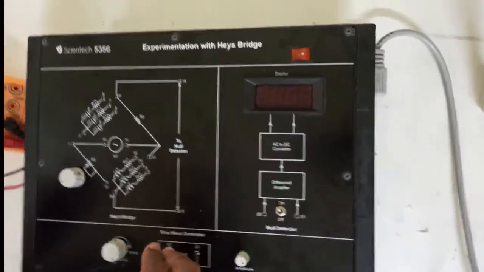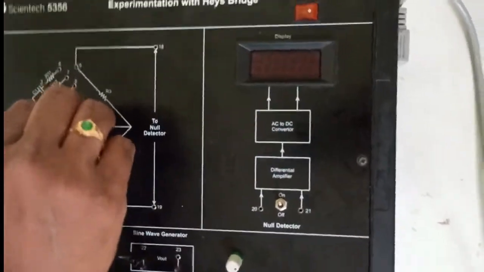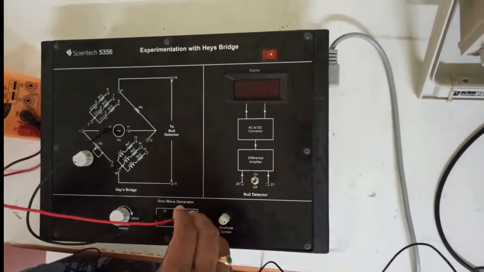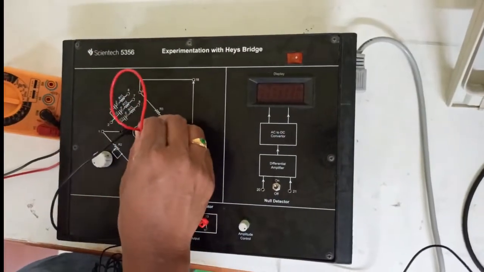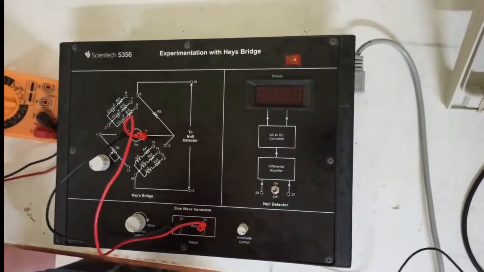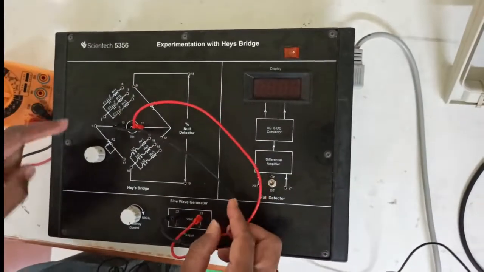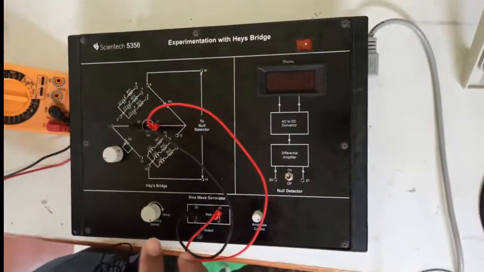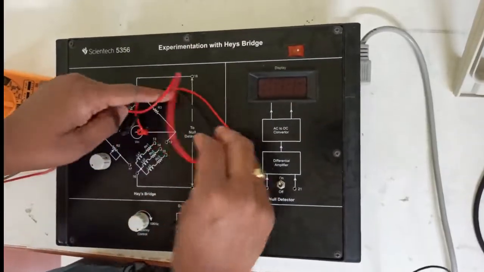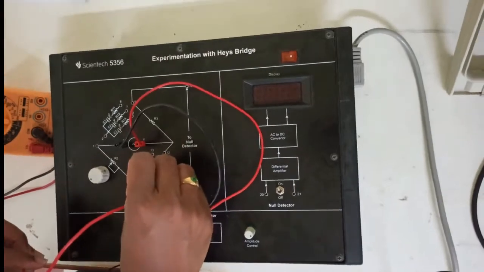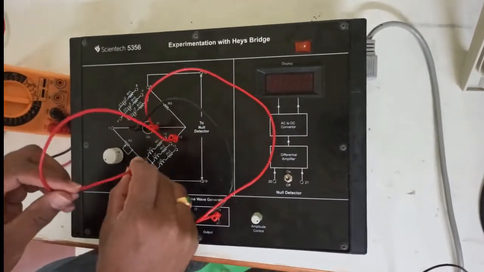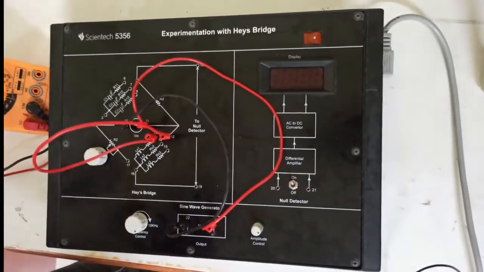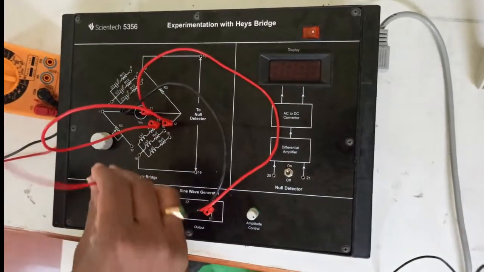Let us give supply voltage to this bridge. Let me join these two terminals. Then after these two terminals, supply voltage is given to this bridge now. While performing an experiment you should not disturb this frequency control knob. Now let me find LX1 and RX1. So let me join these two terminals, and you join these two terminals also.